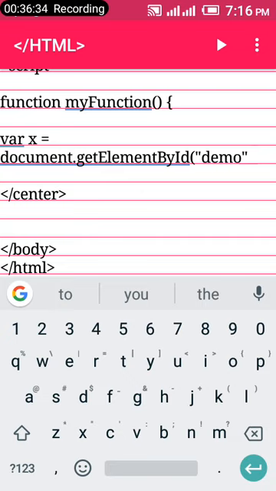So your own, what you just do is variable X, that's if you're using X, or variable whatever your variable is. So here, for those of us who are using X, variable X equals document dot small letter g for the get, capital letter E for the element. Remember, no spaces, no single space. Capital letter B for by, then capital letter I for the ID, then your opening bracket, double quote, whatever is the name of your ID. Mine is demo. Put another double quote, close the bracket, and then put a semicolon,